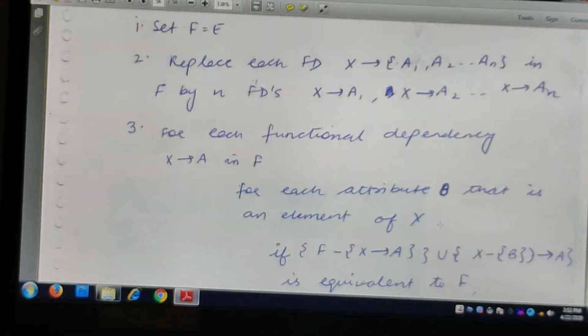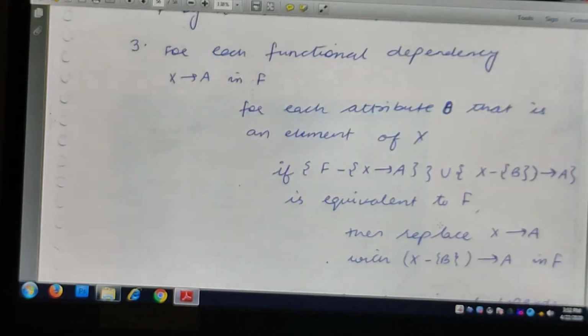Then for each functional dependency we will perform a check to find the extraneous attribute. For each functional dependency X to A in my F, for each attribute B that is an element of X, I am assuming that X is not a single attribute. It is a set of composite attributes. I can have a functional dependency like AB to C. AB is the left side and C is the right side. It might happen that either attribute A or B is extraneous in this functional dependency. Then I have to remove that